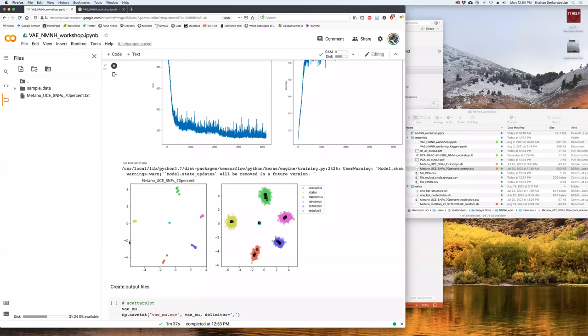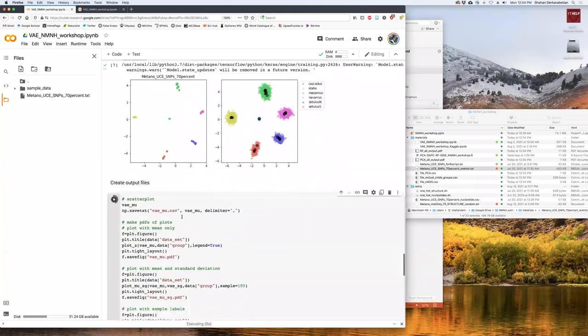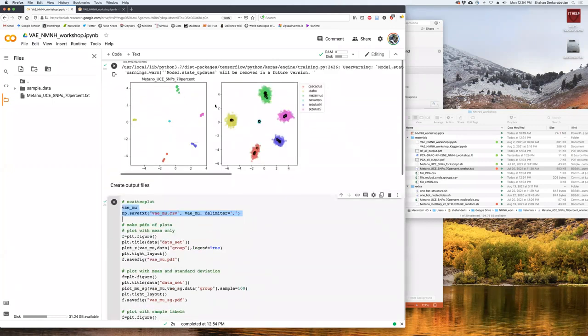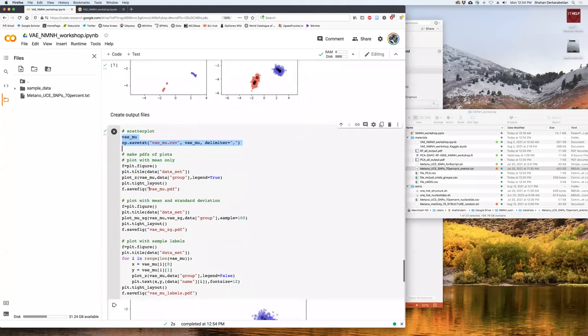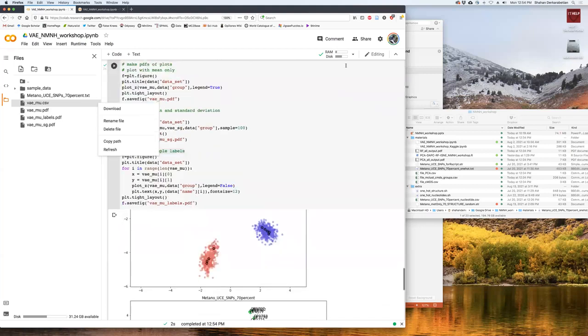Here's the basic output, mean, standard deviation. This is all the output into files. A CSV file with the XY scatter for each sample, the mean and standard deviation, and then data labels, sample labels. You click refresh, you'll see all that here. And to download, you just click this button, download, or for PDFs, you just double click and it will download to wherever your internet files get downloaded to.